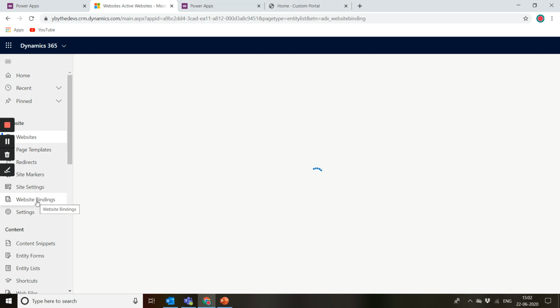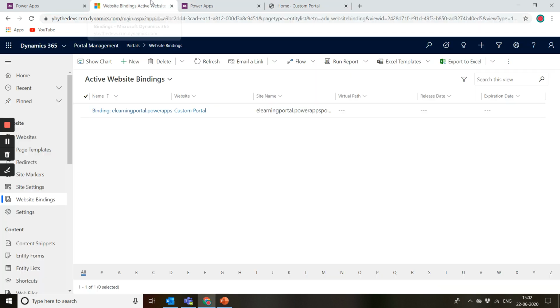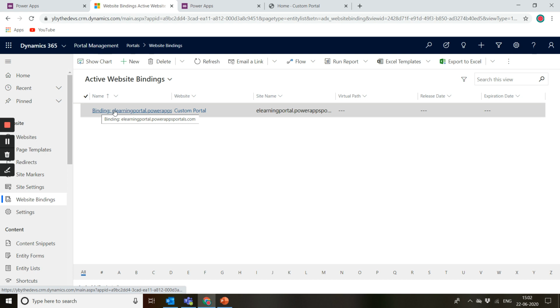This is where website bindings come into the picture. So if this is the URL elearningportal.powerappsportals.com, I can choose to select the website. I can see here that there is a binding for this specific portal, and the website it is linked to is custom portal.